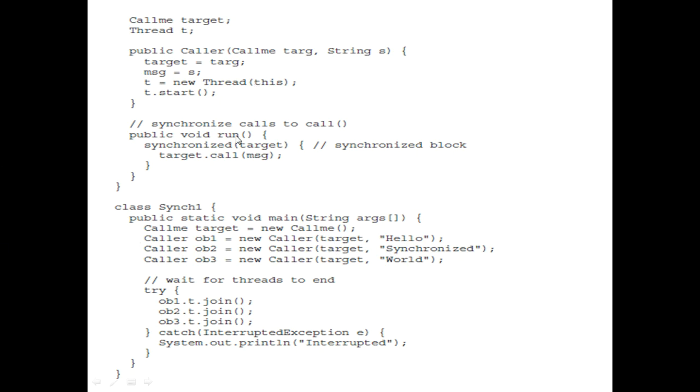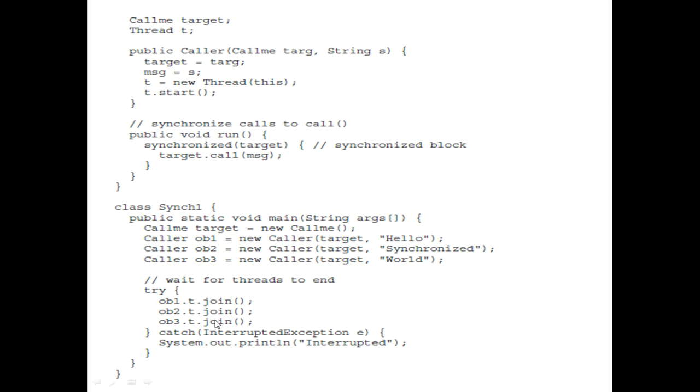So again it calls the run method. At that time the target, again you have locked that call method. So synchronized within a pair of square brackets will be displayed, and then the control of the program will be given to the third thread which wants to display the message world within a pair of square brackets.